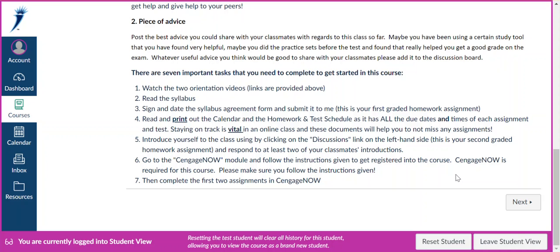It is vital that you stay on track in this class because every assignment is a prerequisite for the next assignment, so you don't want to be missing assignments. You're also going to introduce yourself to your classmates using the discussion link on the left-hand side. And this is also a graded homework assignment, and you want to respond to at least 2 of your classmates'